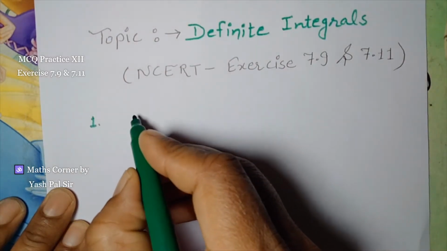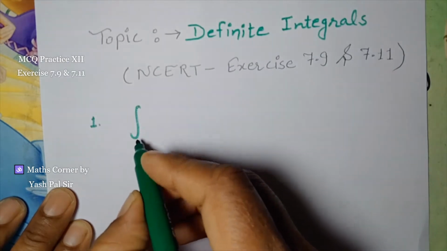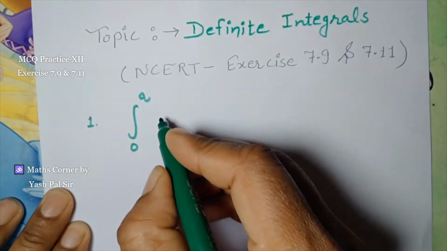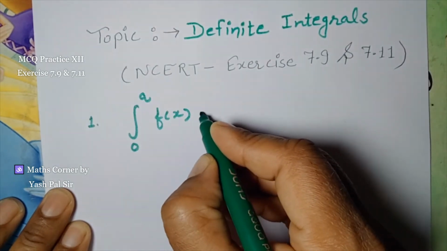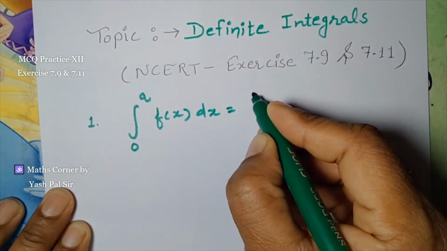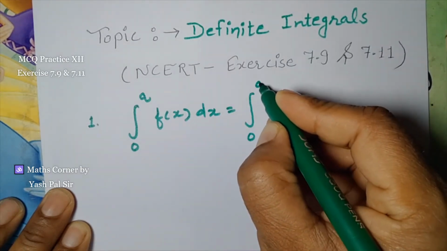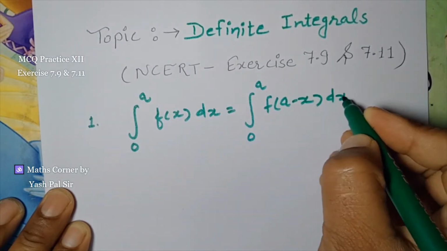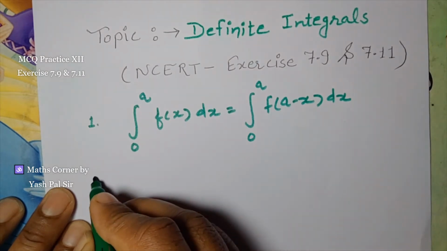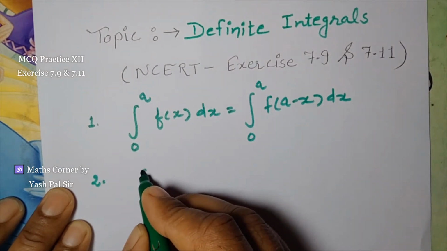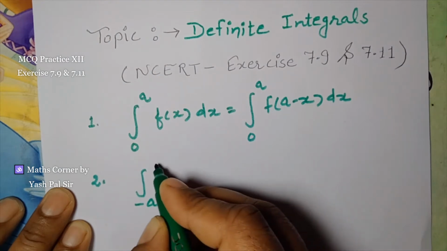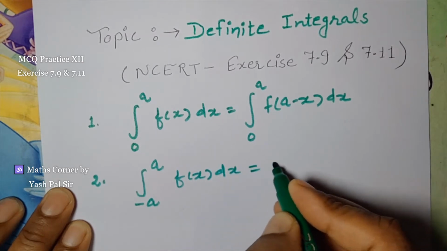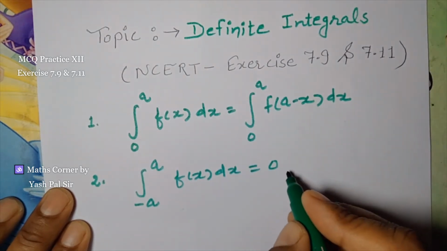For example, mainly this property: definite integral limit from 0 to a of f of x dx is equal to integral from 0 to a of f of (a minus x) dx. Second property, which is very important and we shall use here, is the integral from minus a to plus a of f of x dx, which is equal to 0 if